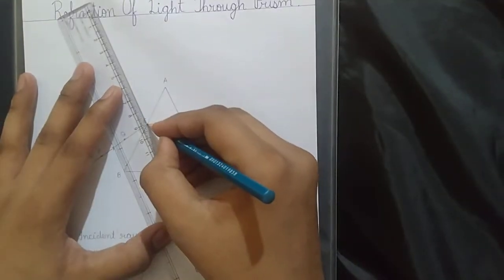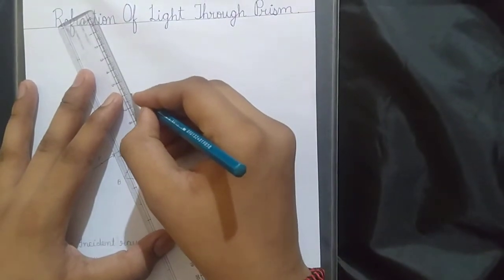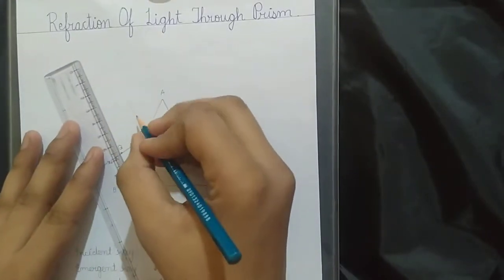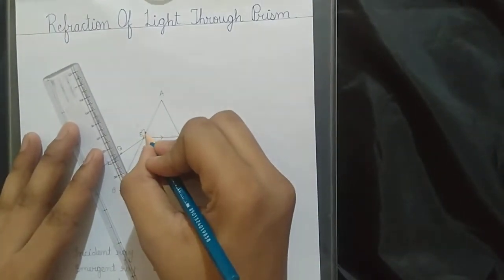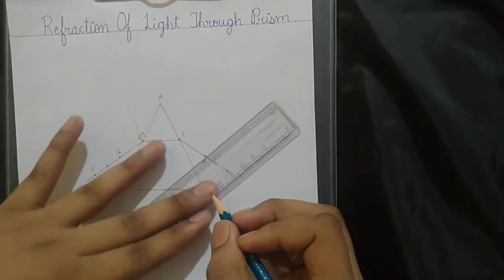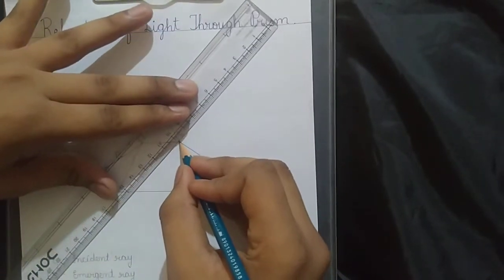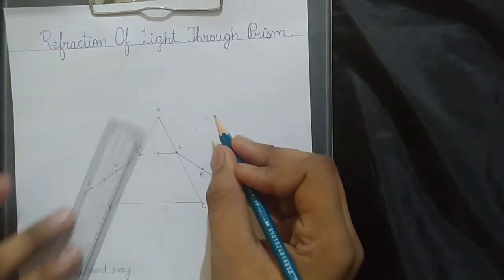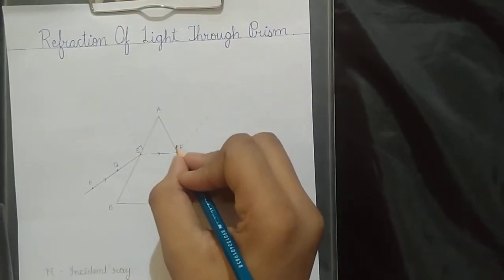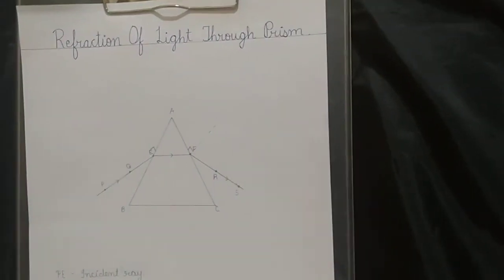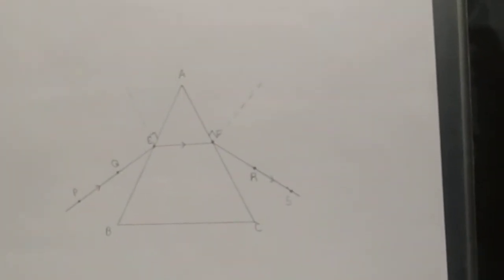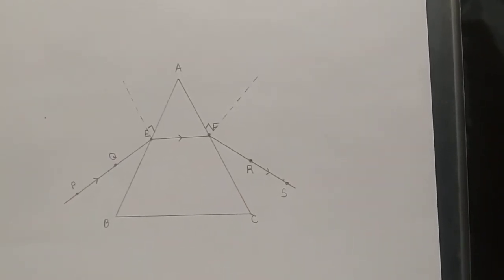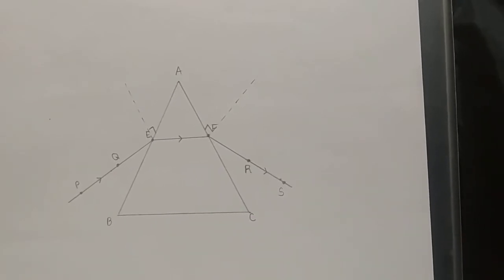Now let's see, drawing a perpendicular. You always remember, drawing a perpendicular on the surface means it should make a 90-degree angle to it. Always. But we are taking the surfaces AB and AC. Now see AC. So as you can see this way, the perpendiculars are visible to you, both are at 90 degrees to it.